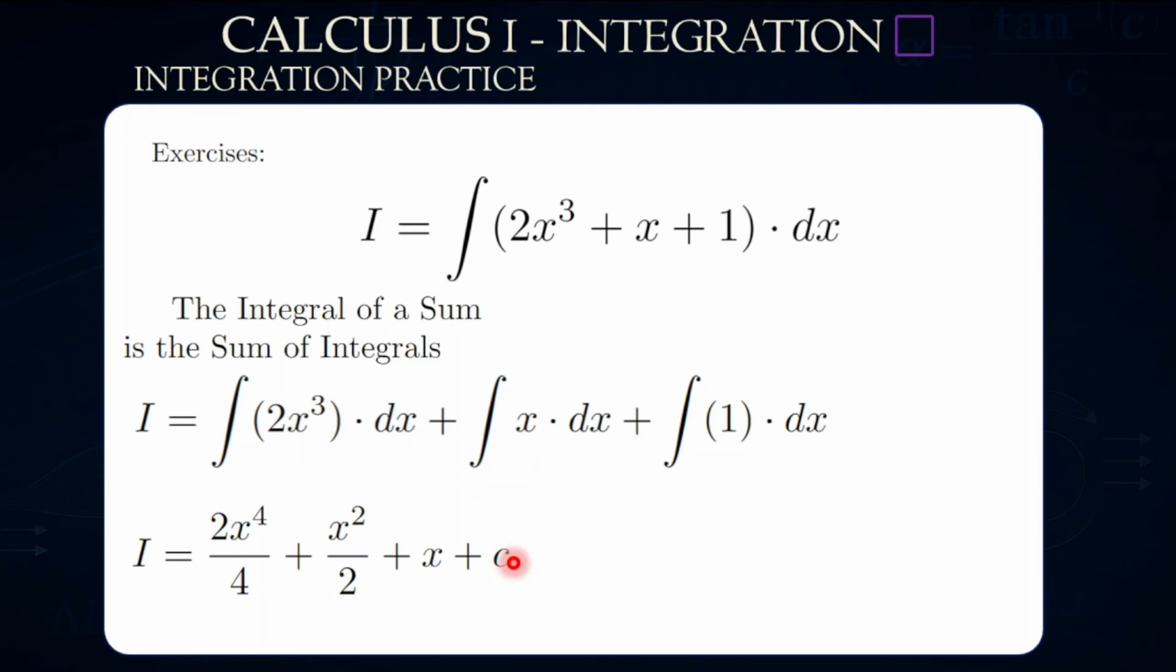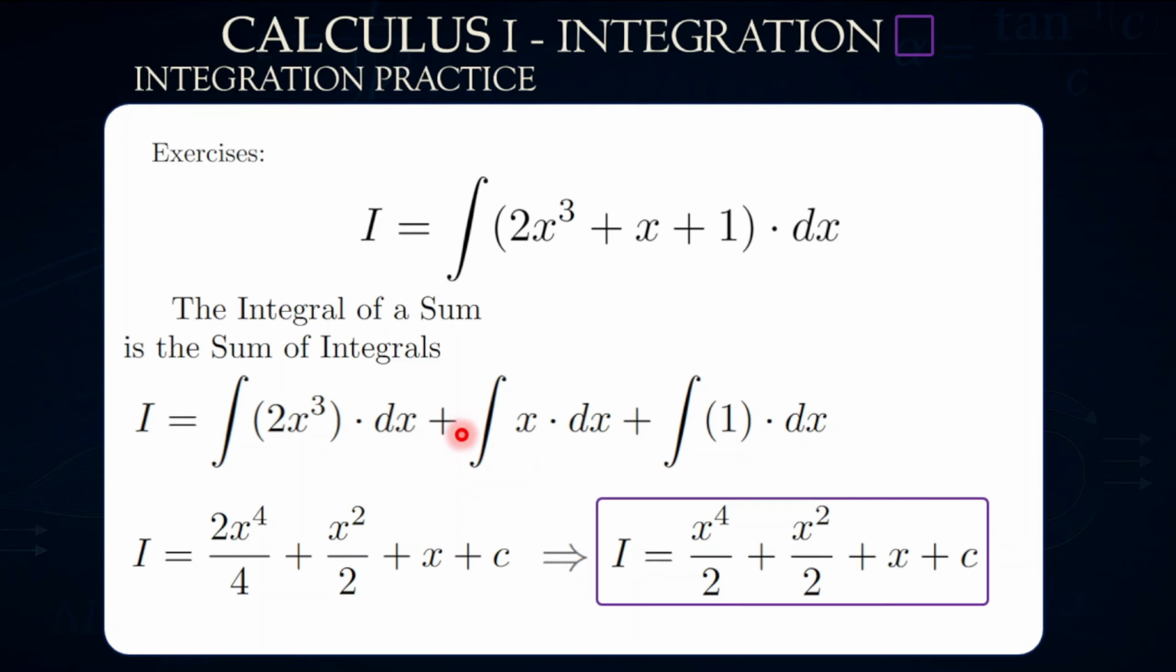And you can say c is equal to c1 plus c2 plus c3. For each integration you have a small constant, but globally c is the sum of all these constants. It is the constant of the entire integral, so to speak. So then I equals x⁴ divided by 2. We have reduced, we have factored the numerator and the denominator, plus x² divided by 2 plus x plus c,